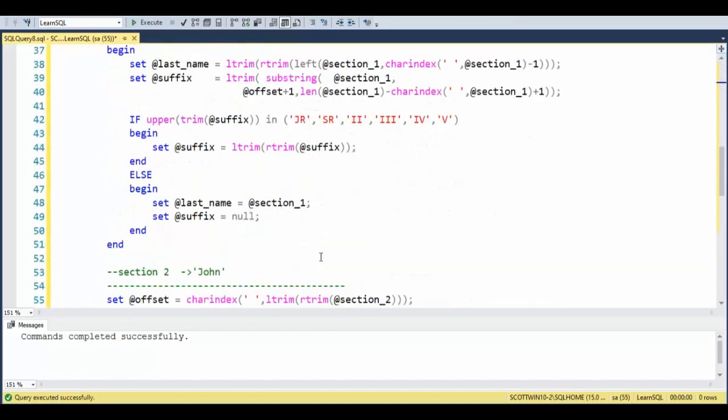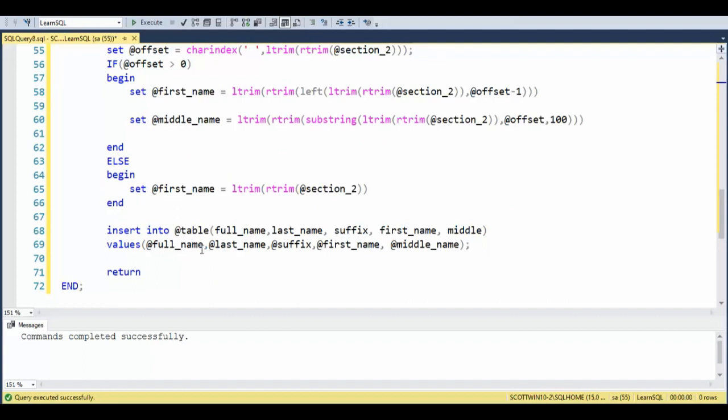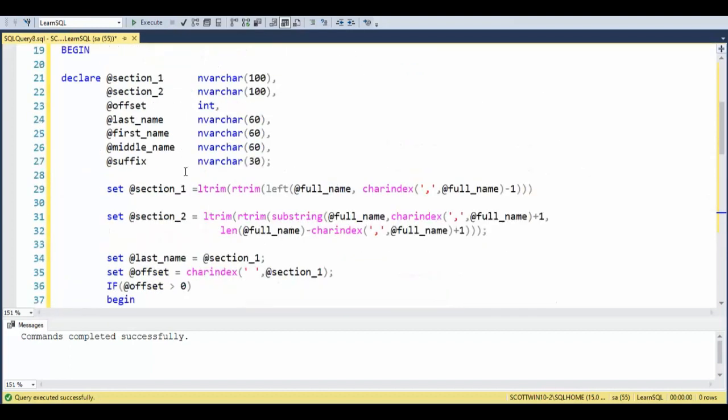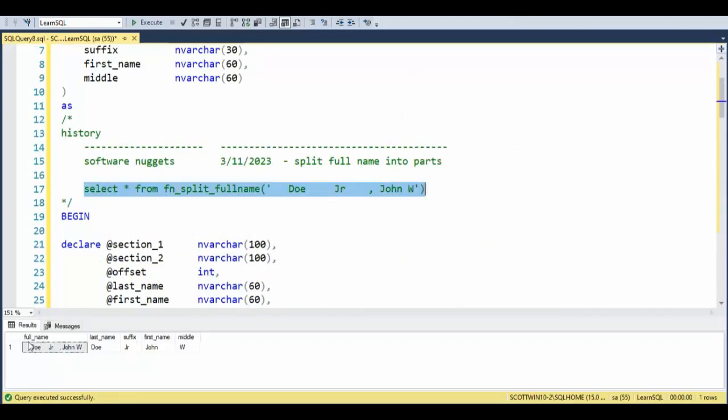Okay, it's middle. And then I'm going to be using the variables full name, last name, suffix, first name, and middle name. And then this statement is required. To get that table to come back to the end user, we have to say return. So let's go ahead and try to build this. And now let's try to execute this statement right here. Notice here was our full name, and notice for the first name John, middle name W. So like we just did, a bunch of spaces in and around this. Let's see if that still